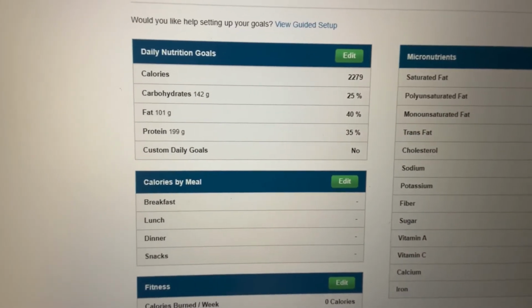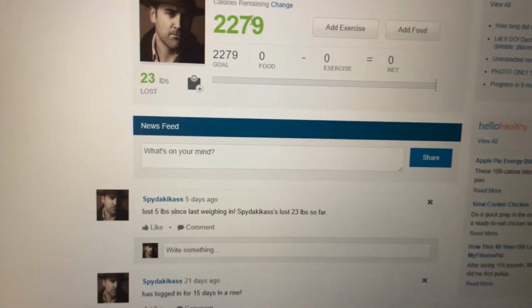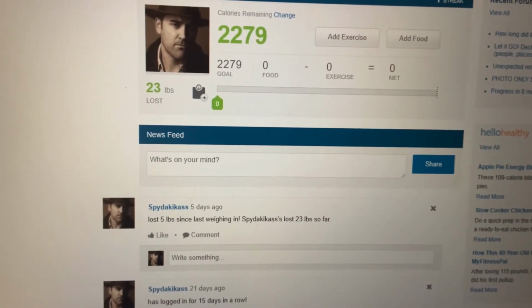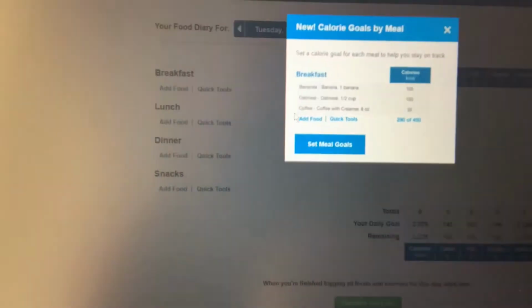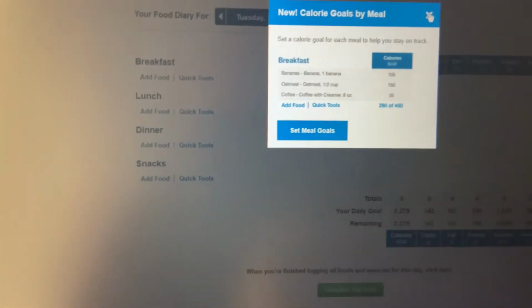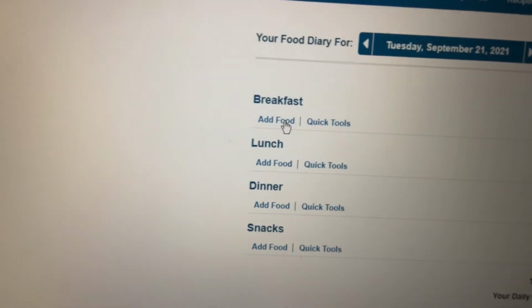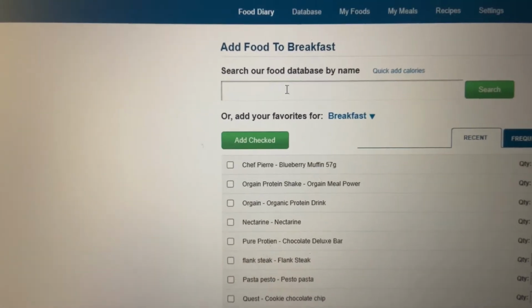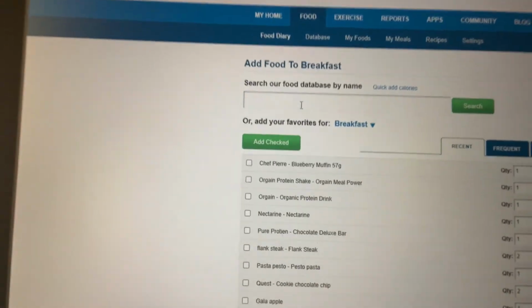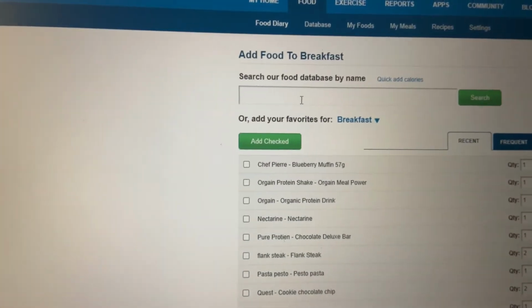So now when you go to your homepage, it's going to say calorie range right here, 2279. And then you can add your food as you go, and it's going to track that for you. So you hit add food. Now if you're on a phone, you can scan a barcode, or you can type in what it is you want. So for example, let's go